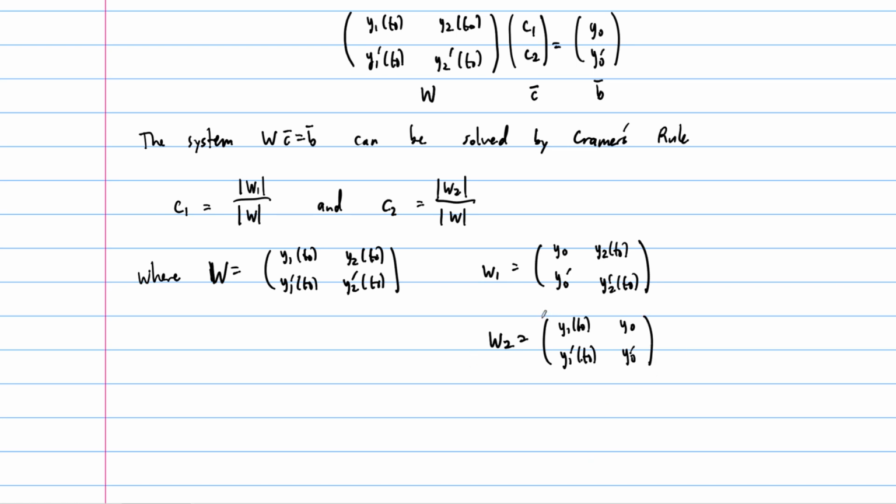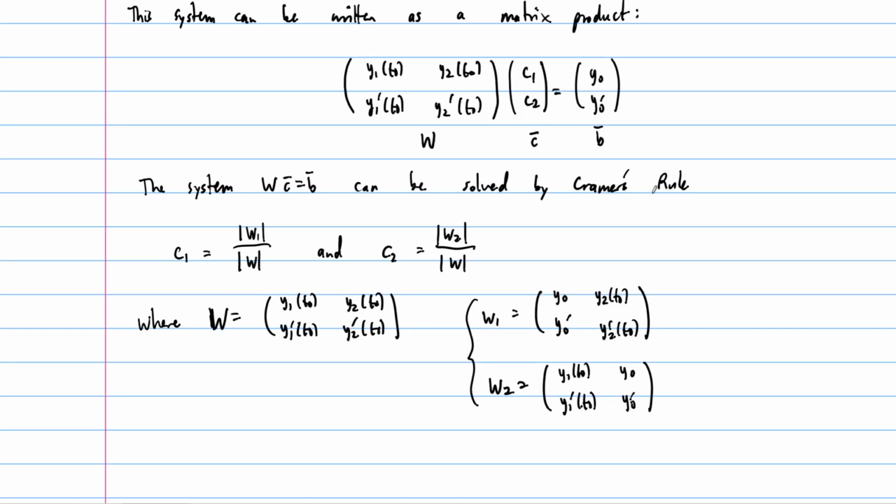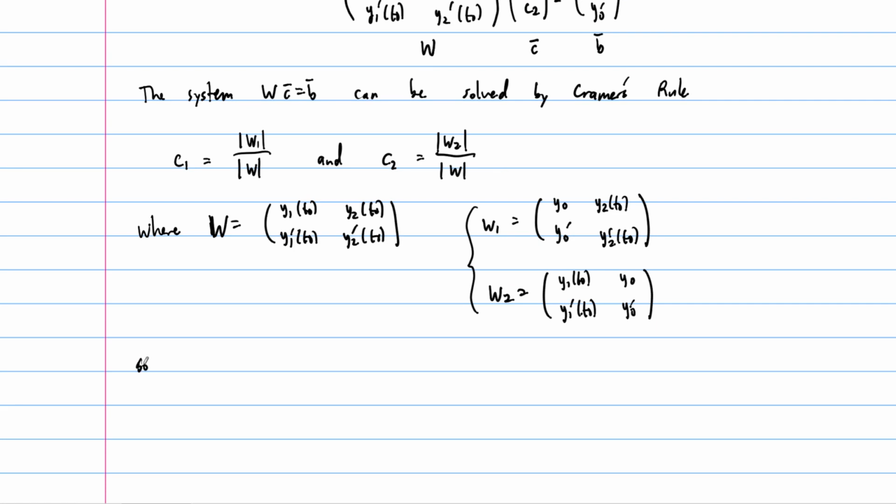Now in this whole setup, these just come from Cramer's rule. You take the determinant, that's just that crisscross product: this times this minus this times this. Those are in the numerator though, so even if those are 0, it's not a big deal. All these things are numbers here, so if they're in the numerator and they're 0, it's no big deal. But what would be a big deal is if this denominator became 0. If the determinant of this matrix W was equal to 0, that would be bad. So this system can be solved by Cramer's rule, and then we have to say, so long as the determinant of W, which remember is that kind of crisscross product,